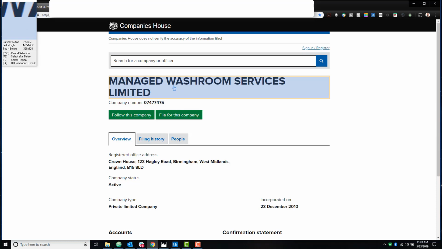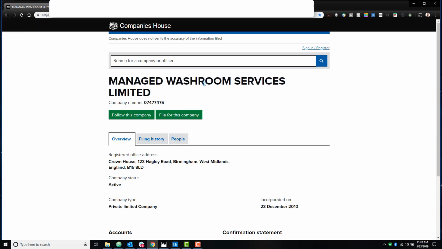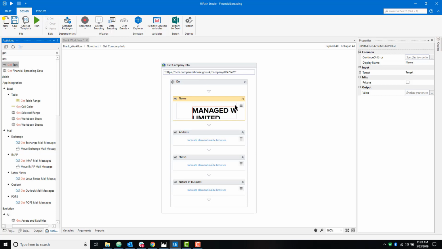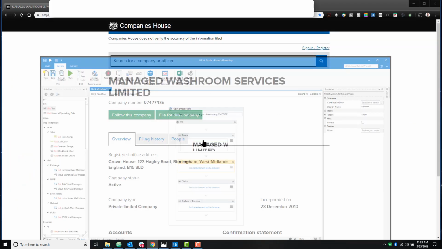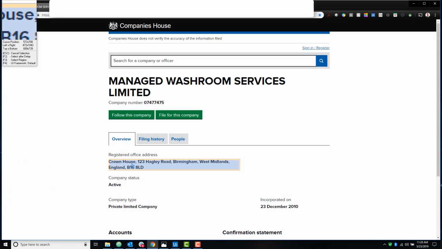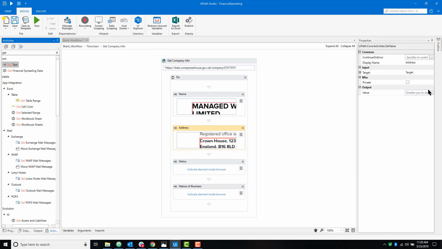So now I can point and click at this company name, and the robot's going to understand what that field is and create a selector to map to it, using the same underlying tags that the website has. And now we can save that. Here is name. Now we're going to do the same thing with address and with the other fields. I can simply point and click, capture that field